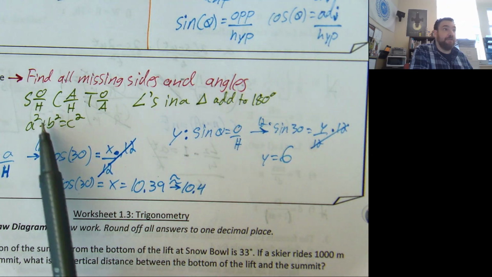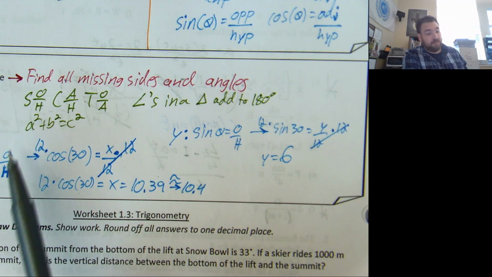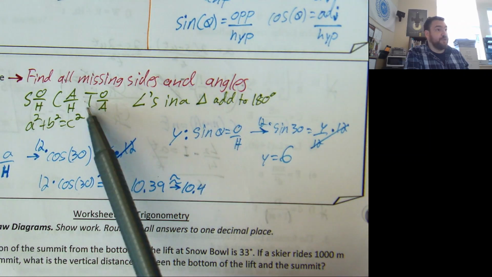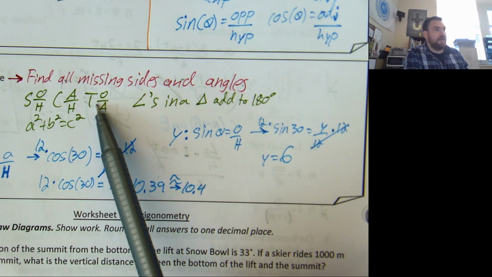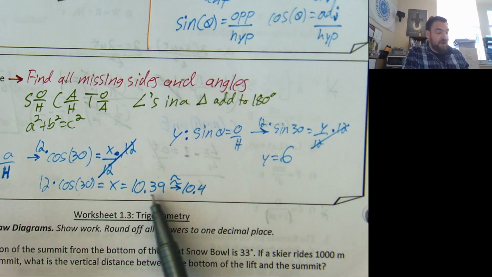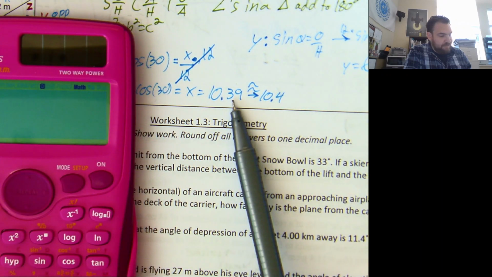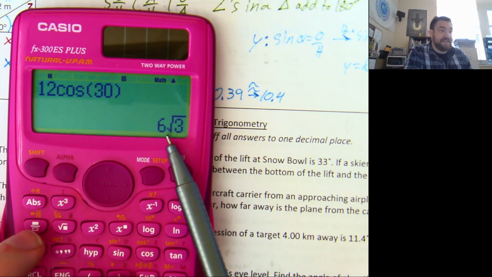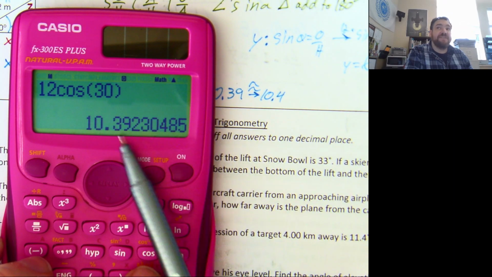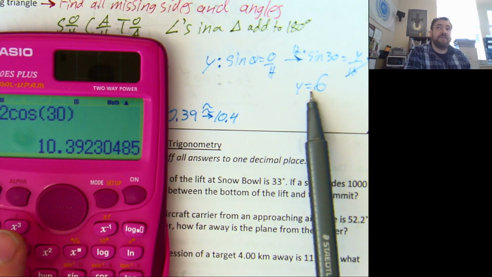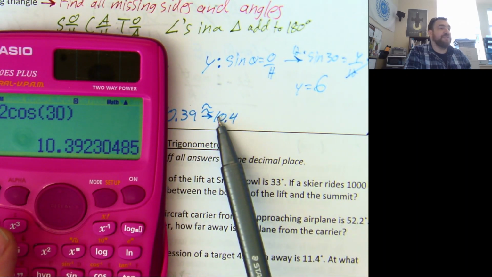I could have used the Pythagorean theorem for that as well. When you use opposite over adjacent, it's a slightly smaller number, and I round it up to 6. If you use tangent, Vian, what did you get? I got 5.998. The reason for that is that if you recall, this number isn't 10.39 or 10.4. This number is actually this as an exact form. Take a look at the screen. But because we rounded it to that, it's going to spit out an answer that isn't exactly this. If you use these, you're introducing something called a rounding error,